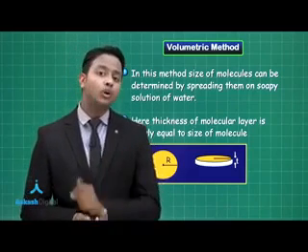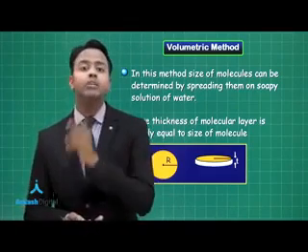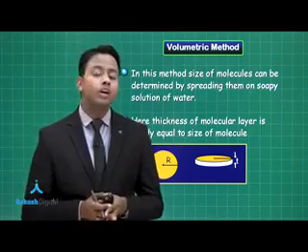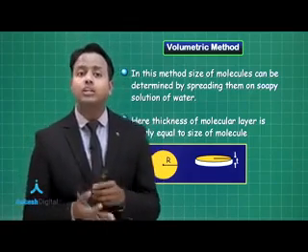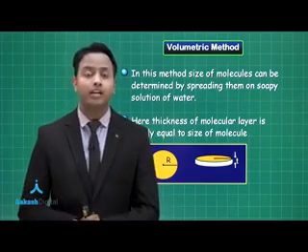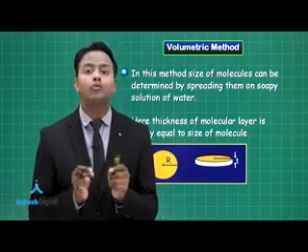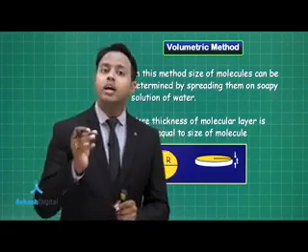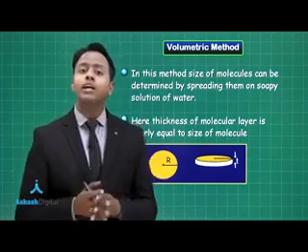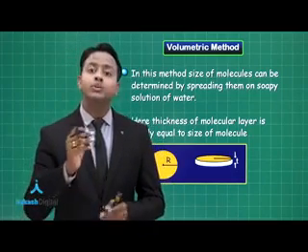Now from this solution I again choose 1 centimeter cube and mix it with 19 centimeter cube of alcohol. So what do we have? We have a solution of 20 centimeter cube which has a concentration of 1 by 400. That means 1 by 400th portion of a 1 centimeter cube is oleic acid. Now with the help of a dropper, I drop it onto the surface of water. This oleic acid solution is spread onto the water surface using a dropper.